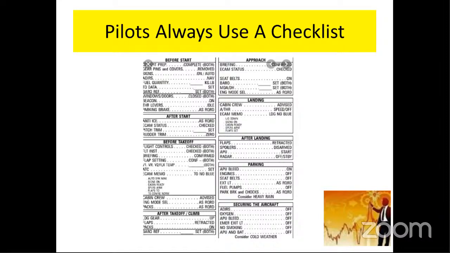A lot of the more modern aircraft today actually have the checklist built right into a screen on the panel of the airplane. Of course, the checklist is dependent on which aircraft you're flying, but you can see that through every phase of flight, a professional pilot uses a checklist. In the last 30 years, in commercial aircraft, we've had an 83% reduction in accidents, and a lot of that has to do with good discipline and using checklists.